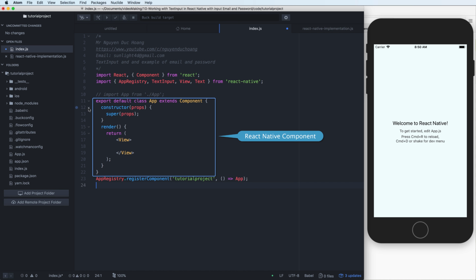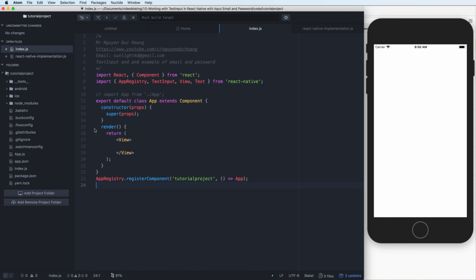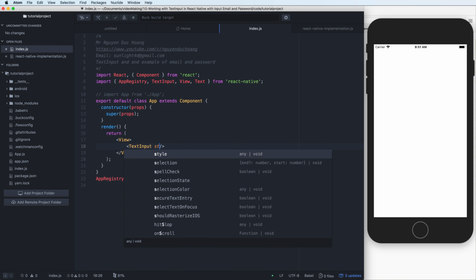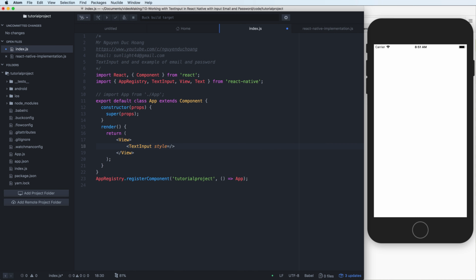It is a React component with a constructor and render function. Inside the render function, I will output to the user interface a view, and inside the view I will add some components. So let's start with a text input. I add a text input here, and I define the style prop, and inside the style we have a